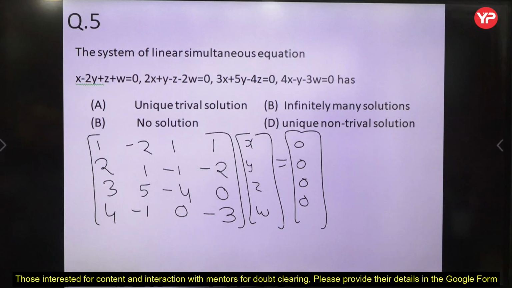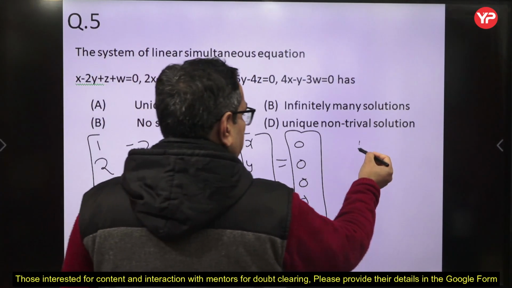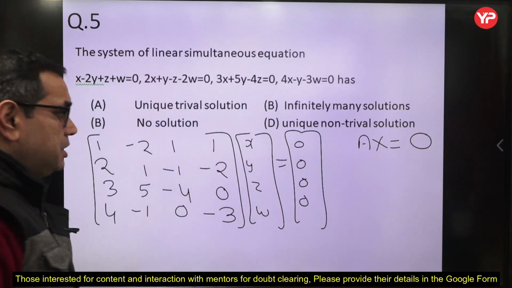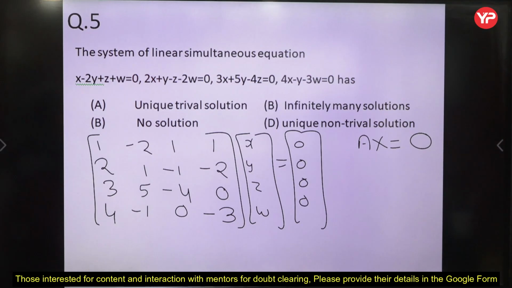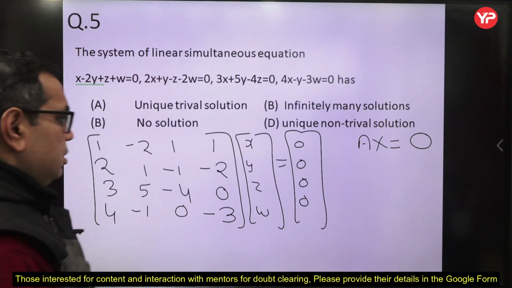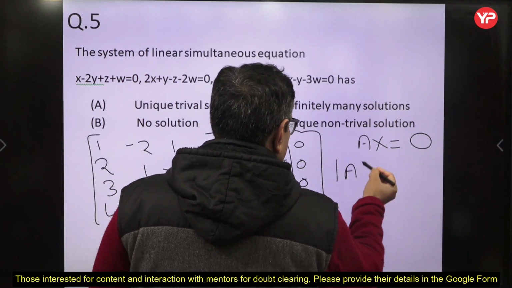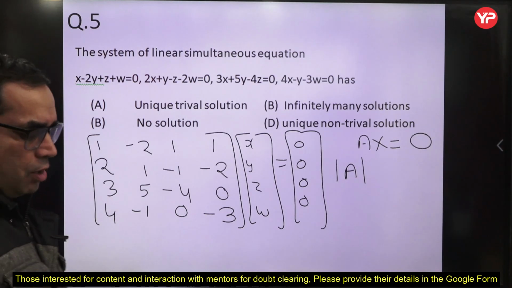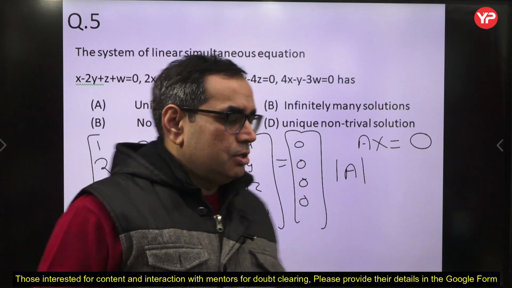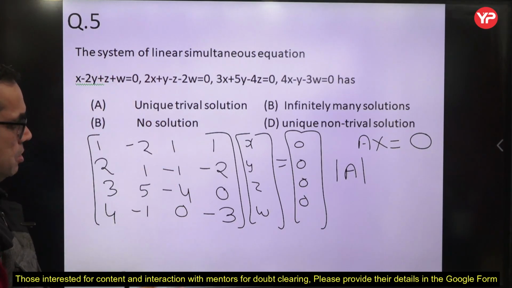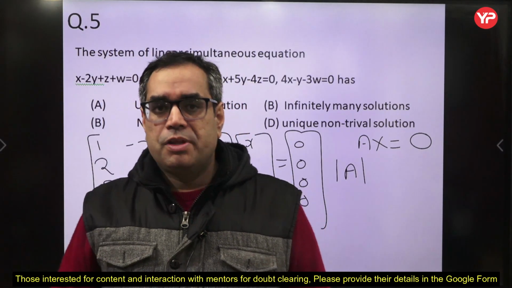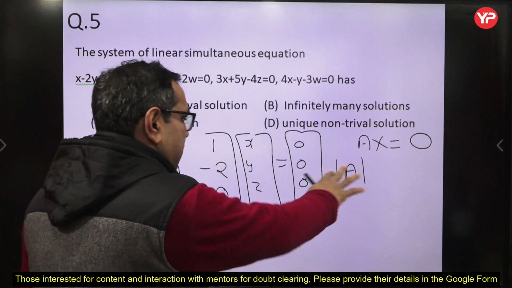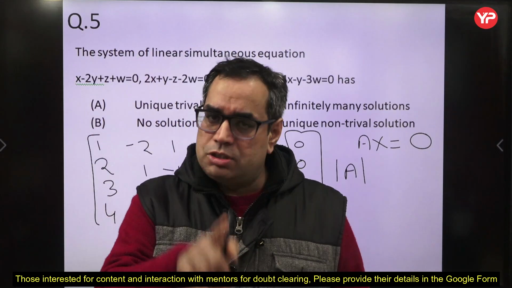Okay. So now we know that we have a homogeneous system. You can see that the right side is a 0 matrix, so it means it is a homogeneous system, Ax equal to 0. So in a homogeneous system, the determinant of A decides the type of the solution. Okay, remember always, in a homogeneous system in which the number of equations is equal to the number of variables. So we can see there are 4 equations, 4 variables, right? So if in a homogeneous system the number of equations is equal to the number of variables, in that case the determinant of this matrix A determines the type of solution of the system.